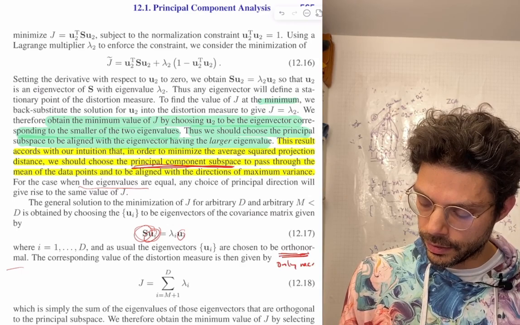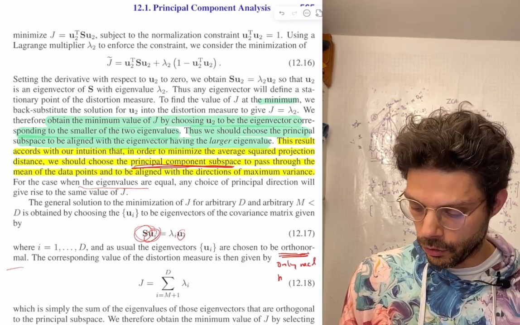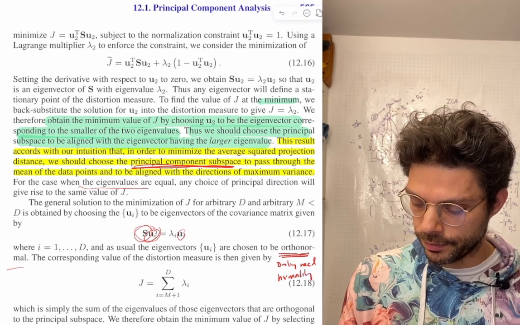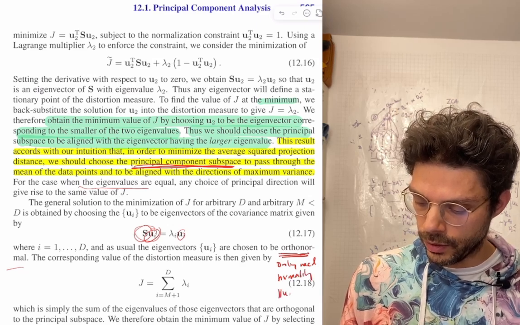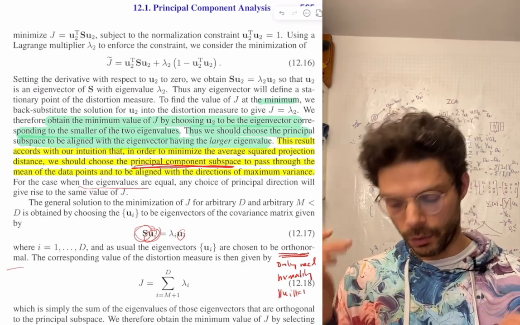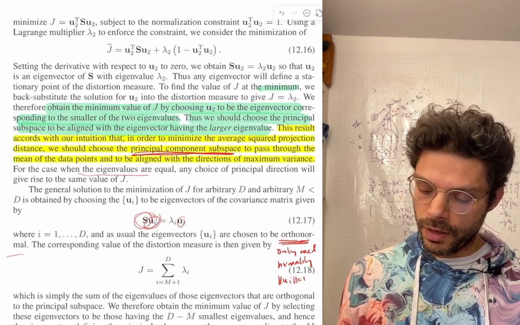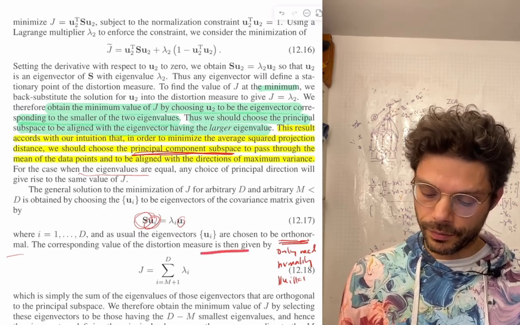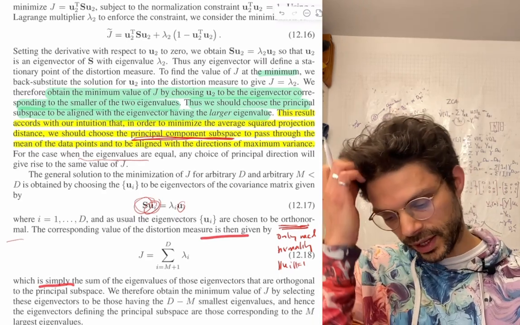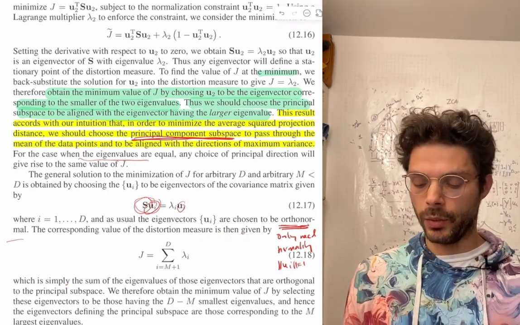Only need normality, I guess. I think that's the one. So that's like u_i equals 1, because you get the other one for free. And the corresponding value of the distortion measure is then given by so and so, right? So effectively what we're doing is, another way to look at this is